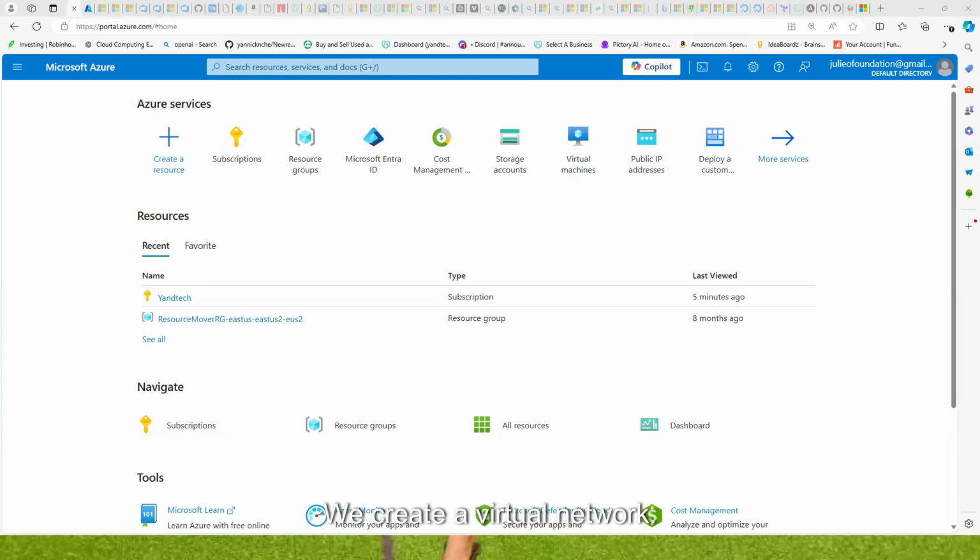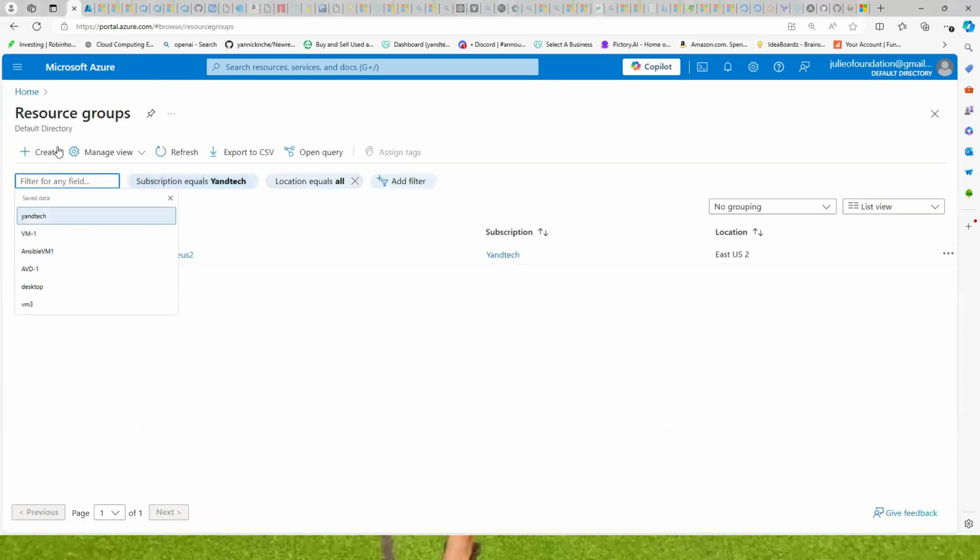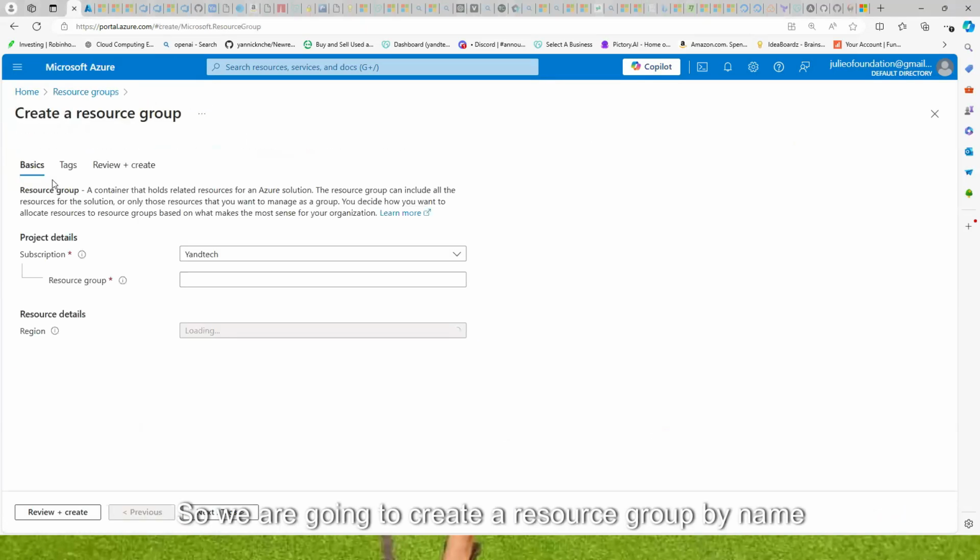We create a virtual network. So let's start by creating a resource group first. I'm going to click on resource group, or you can search for resource group, or you can go to the three horizontal lines and then go to resource group. We are going to create a resource group by name